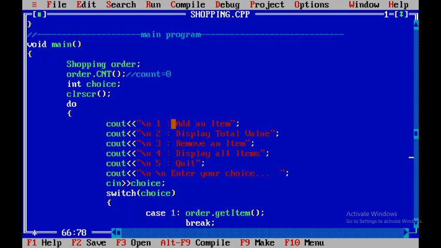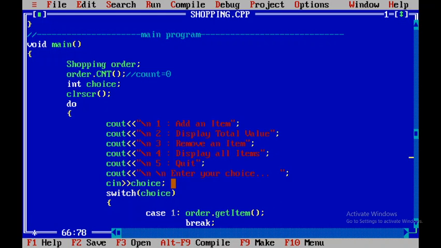After generating this menu and the options, we will give a message to the user, enter your choice. In choice, the user has to enter whether he wants to add an atom, display the total, remove, display all atoms, or stop ordering.